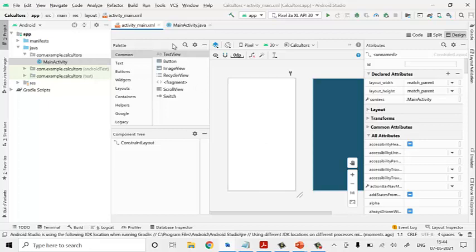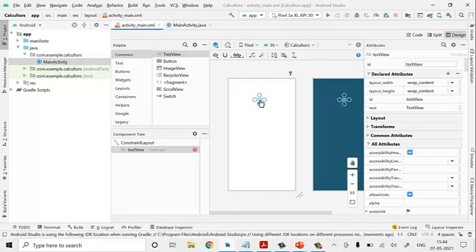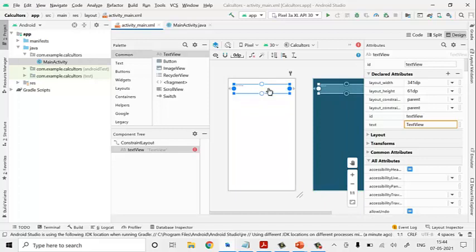As I have said, we need to write a heading. Just take this text view, drag and drop it here. Arrange it in whatever text and size you require for the text view. Okay, make it centered. Okay, next I require